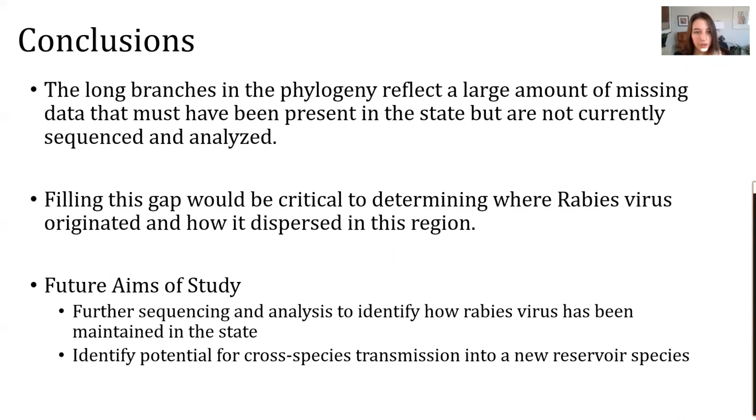For example, the clustering of clade 2 with 7 different raccoon samples from Vermont between the years 2007 to 2008 suggests that this specific raccoon variant rabies virus could have been maintained somewhere in New England for close to a decade, but without sequence data, it is not possible to tell for certain. Through further sequencing, we hope to identify how rabies virus has remained stable throughout the state and to determine if there will be a newly emerging reservoir species for the virus.